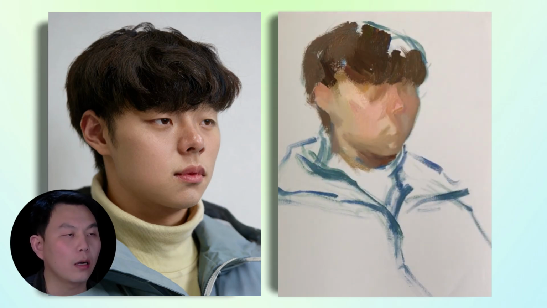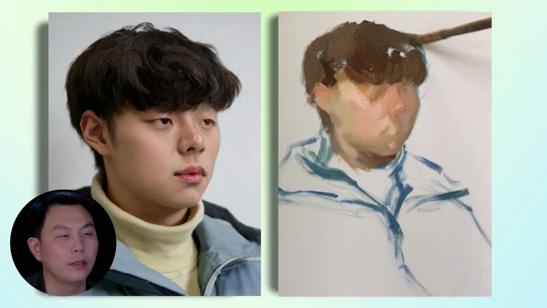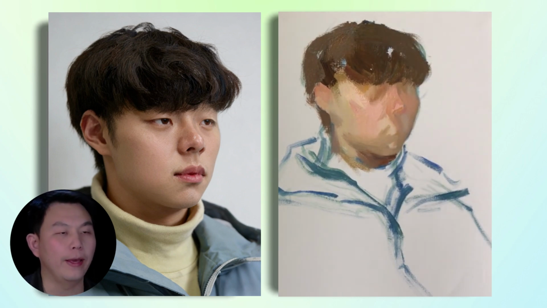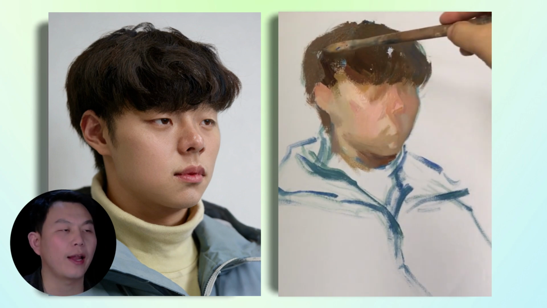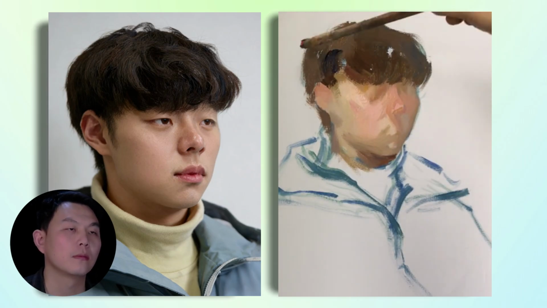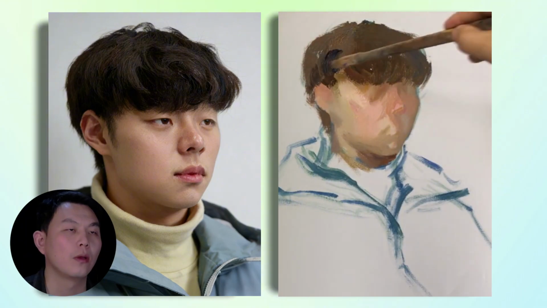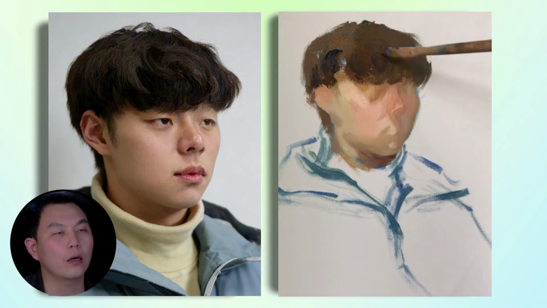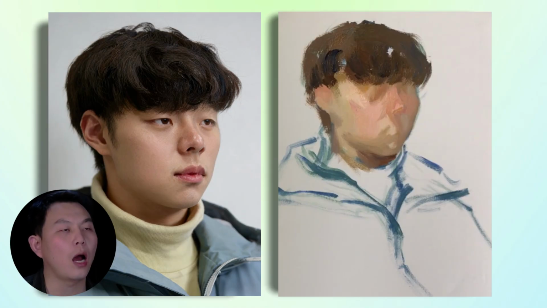When blocking in the color masses for the hair, the first thing to think about is the relationship between the large light and dark color areas. Once you are finished painting the color relations across the entire hair, you can go ahead and paint the background color as well. The background is white, but